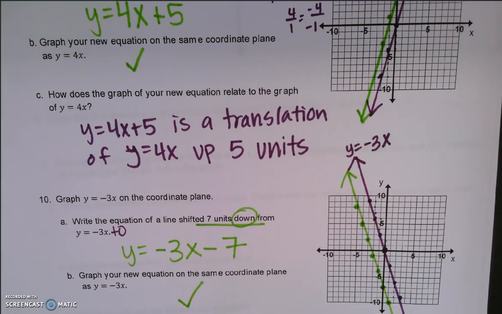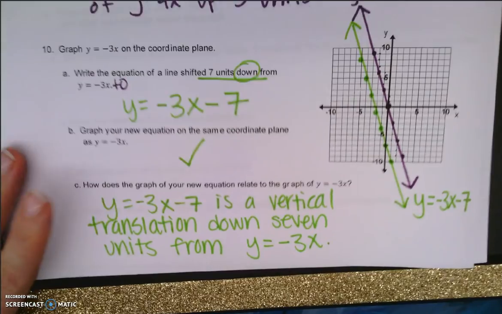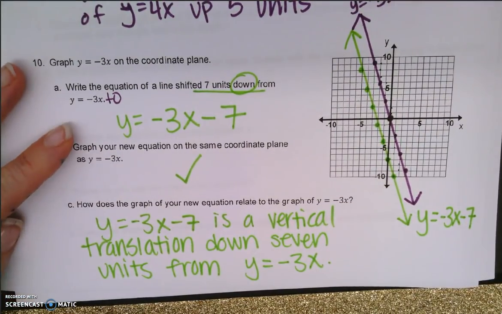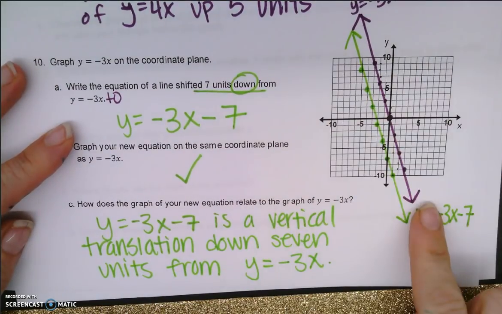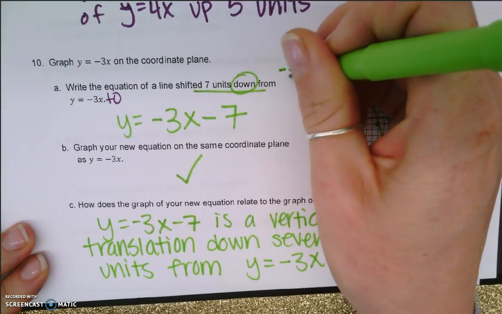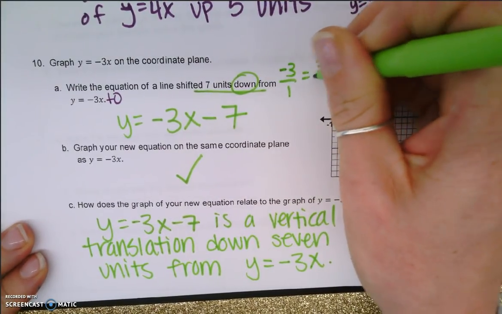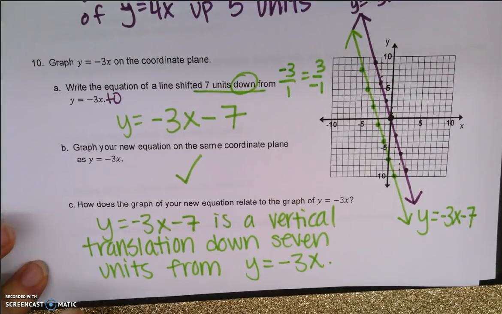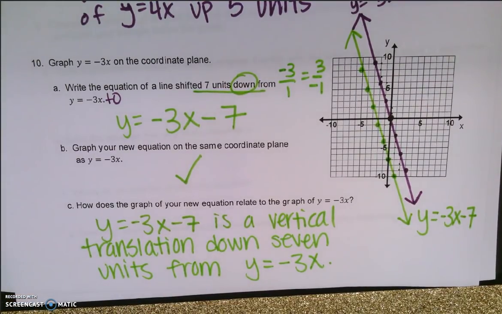Similarly, if we take a look at the next one, y equals negative 3x minus 7, make sure your slopes are decreasing. You have a slope of negative 3. That means we have negative 3 over 1, which is the same thing as 3 over negative 1 for rise over run. And y equals negative 3x minus 7 is a vertical translation